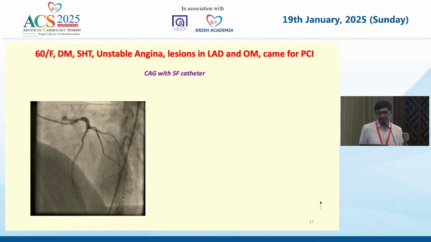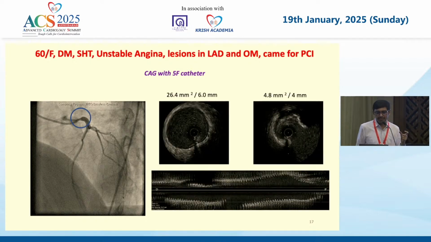we observed significant ventricularization. So what I showed here, you just see that distal left main had an area of 26 millimeters square and the diameter of 6 millimeters. And if you see the ostium, the diameter is only 4 millimeters. This is an example of significant negative remodeling, which commonly occurs in ostiums. Suppose you size based on your distal vessel, in this patient you might have produced an aortic root injury. So fortunately, this patient had additional lesions in LAD and LCX, and both were positive by FFR and went for